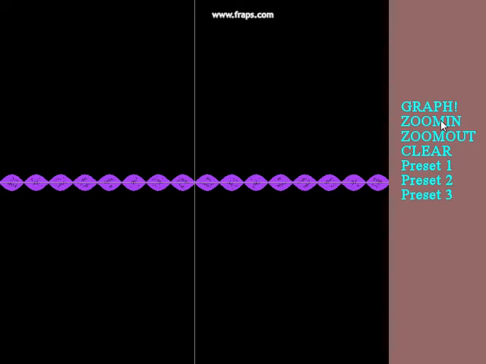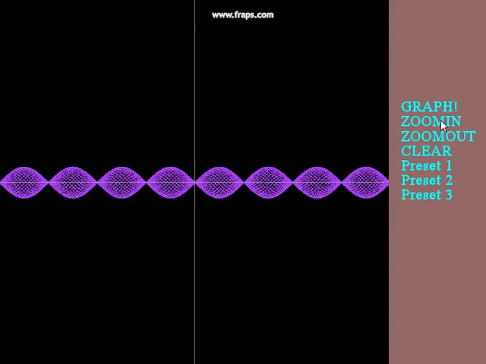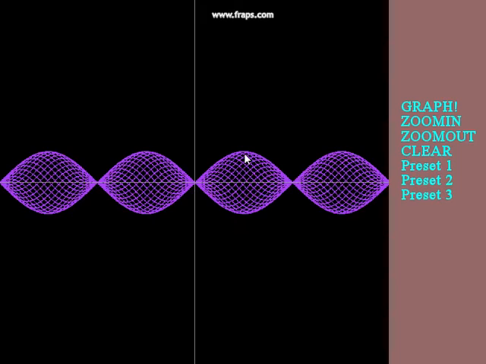If we go over here and click on preset 1, we can see that it seems pretty far out, and that's because it goes from negative 40 to positive 40. So all we have to do is zoom in, and every time we zoom in, it clears the screen and regraphs all 5,000 points. And the more we zoom in, the more the graph starts looking like a